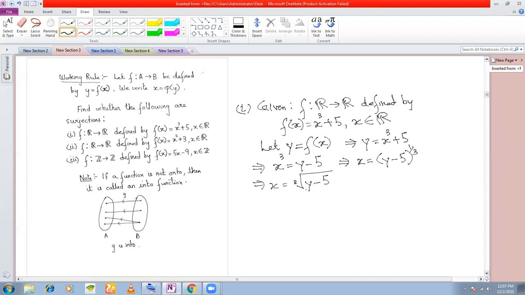Now you check whether each element has a pre-image or not. Whatever is the value of y minus 5, it is a cube root, right? Whether positive, negative, or 0, will it give you a value of x? Yes, whether y minus 5 is positive or negative, it will definitely give you some value of x, may not be distinct, right? So for every